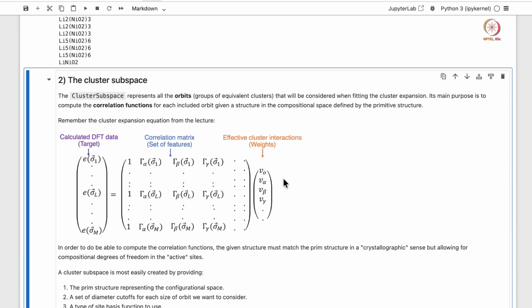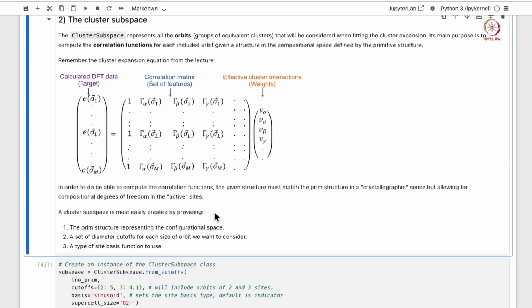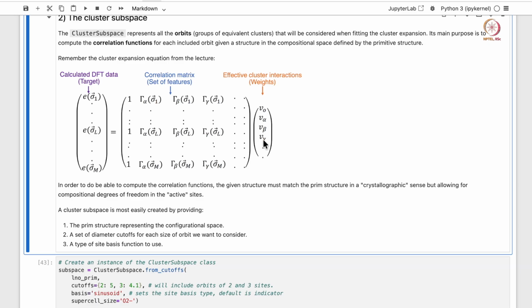These are the weights, the effective cluster interactions, and this is the feature matrix, or the correlation matrix in this case. So our job is to find these effective cluster interactions, or the weights.